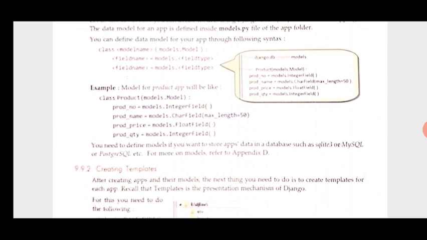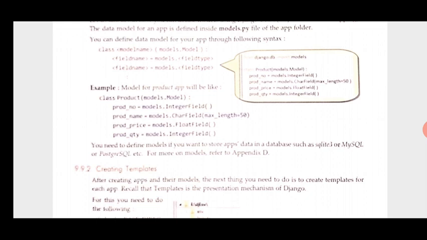So here we can see class Product(models.Model), where Product is the name of the model, and the rest, class and models.Model, are keywords needed for data model creation. After that, prod name, prod number and so on come under the Product model.